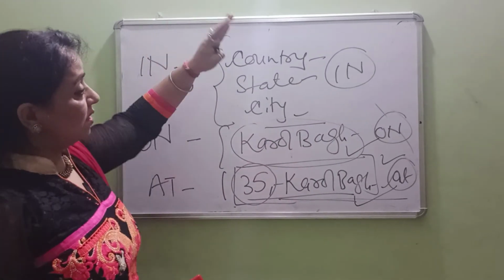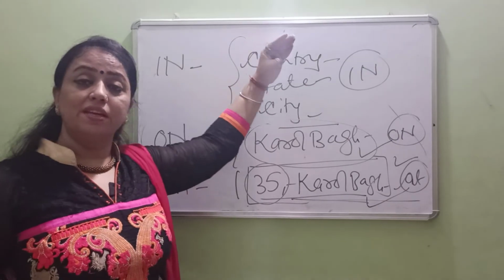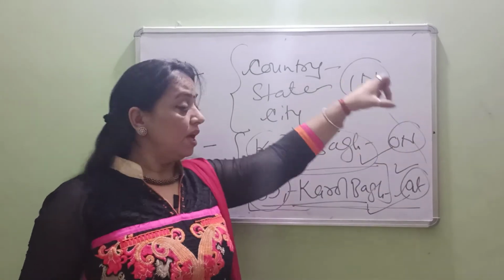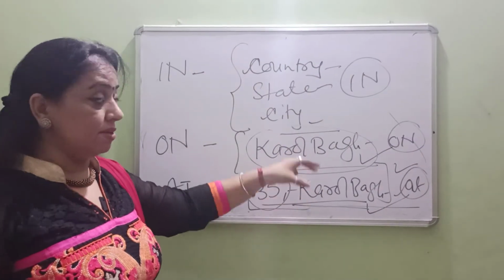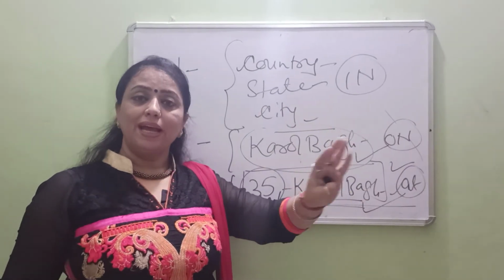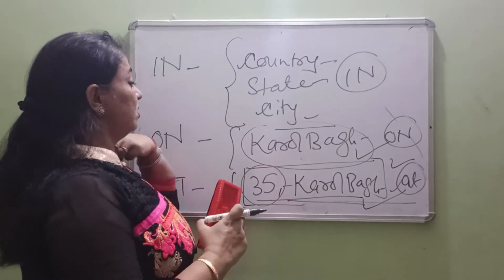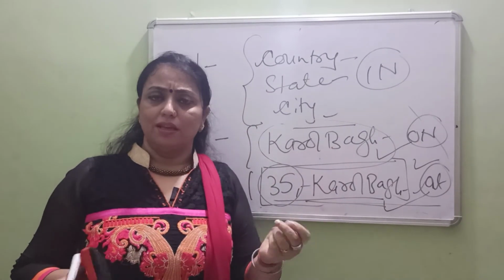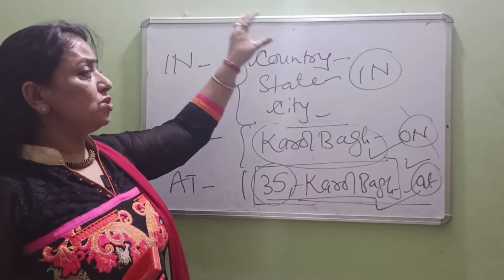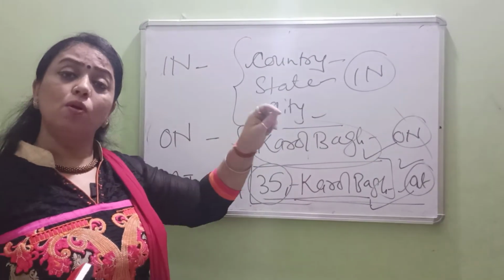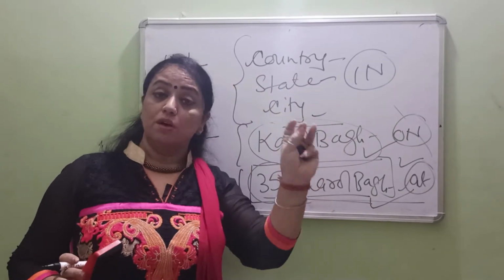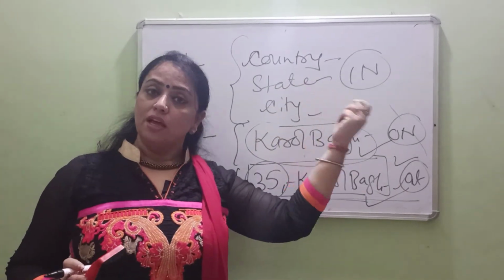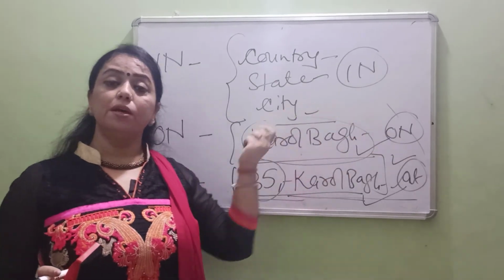So I am just doing a recap. With the names of the country, state and city, we write in. With the name of a particular locality, we write on, and with the specific name of the particular address, here we write at. So in, on, at is nothing troublesome. The condition is how we are memorizing and learning things. These are very basic prepositions. In the case of area, surface and point: in, on, at. Area, in; surface, on; exact point, at. Then in the case of time, hours and minutes, at; day and date, on; year and month, in.